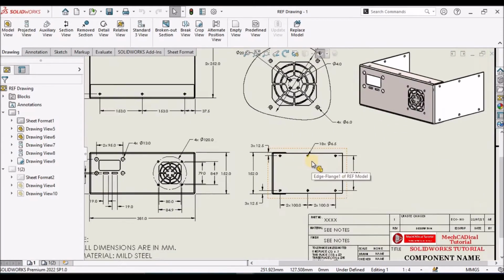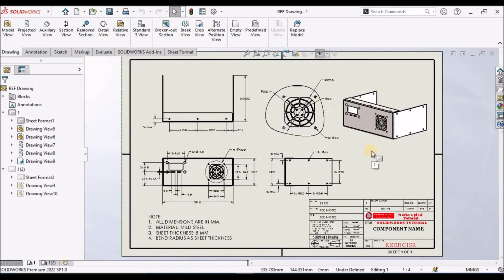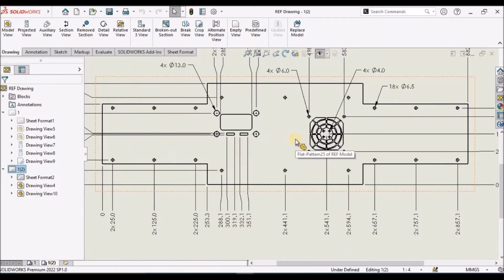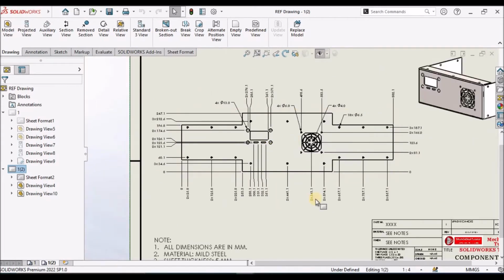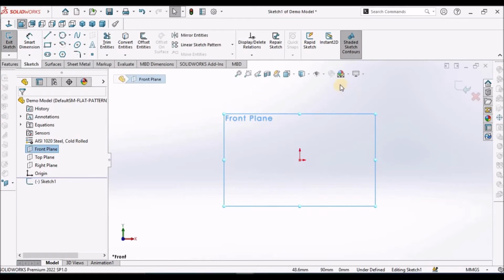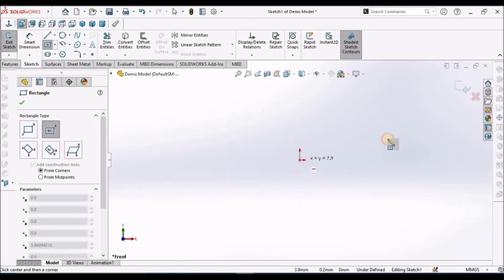So here is the drawing. And I am going to show you how to create a drawing for flat pattern with ordinate dimension. So now I have taken a new SolidWorks part file. Select the front plane, select sketch, take a center point rectangle,